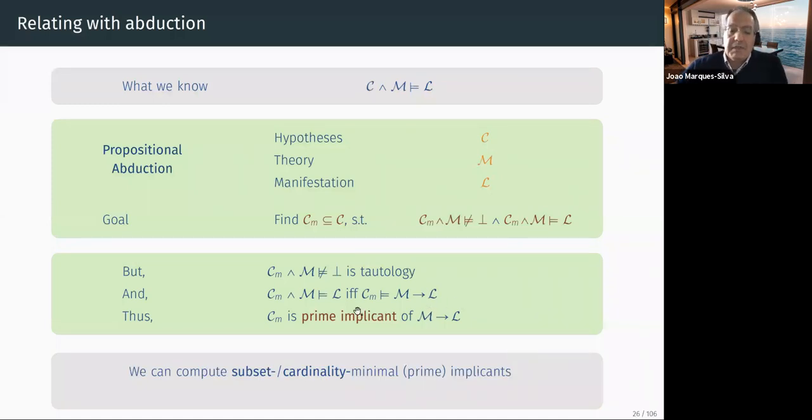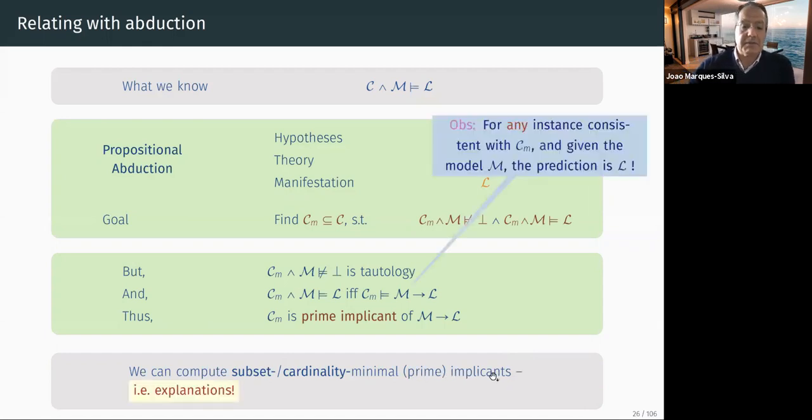And that also explains why I started the lecture by talking about entailment and prime implicants, because we use it for explanations. So we can use subset or cardinality minimal. We can compute both. Again, there is a difference in cost, and I'm going to talk about it. And this is what we see as an explanation. We have different names for this, but the name that I'm going to use more often during the talk is prime implicant explanation, or PI explanation.